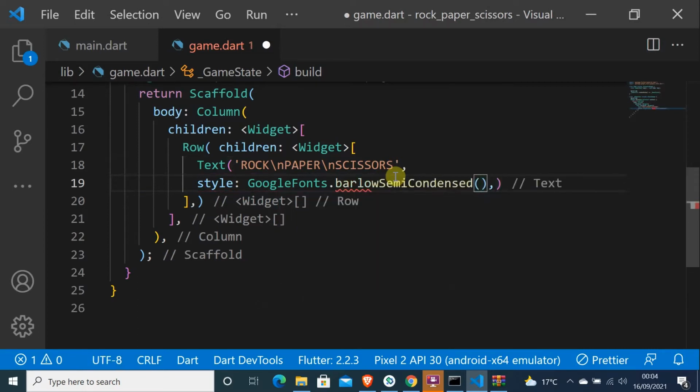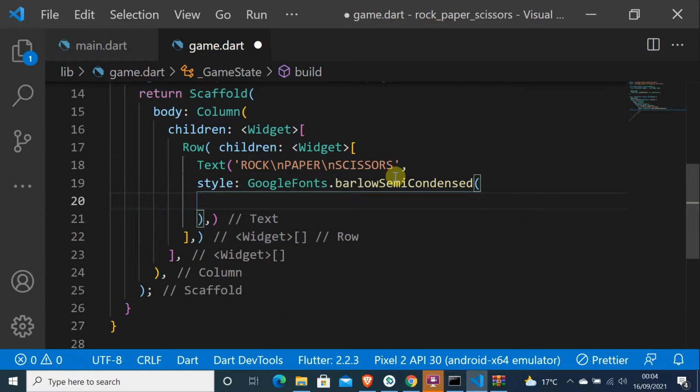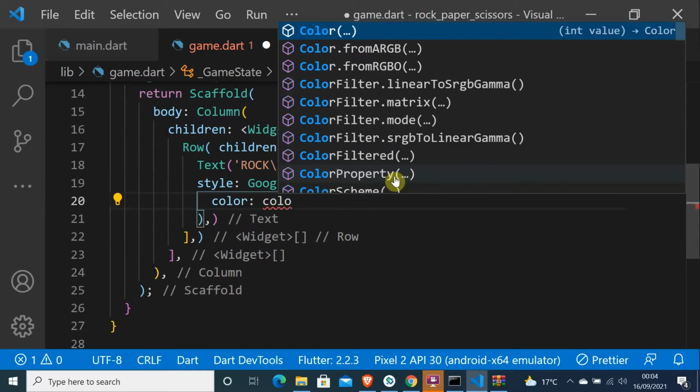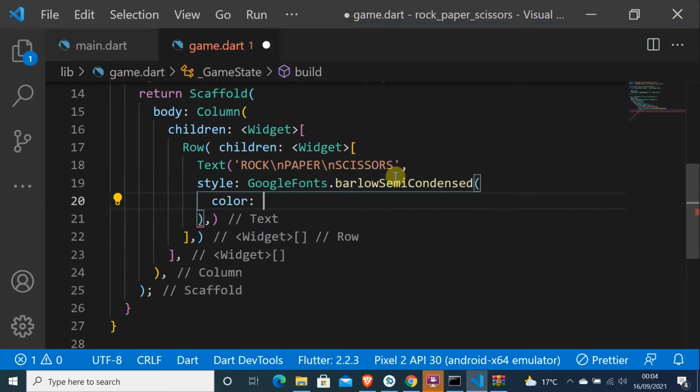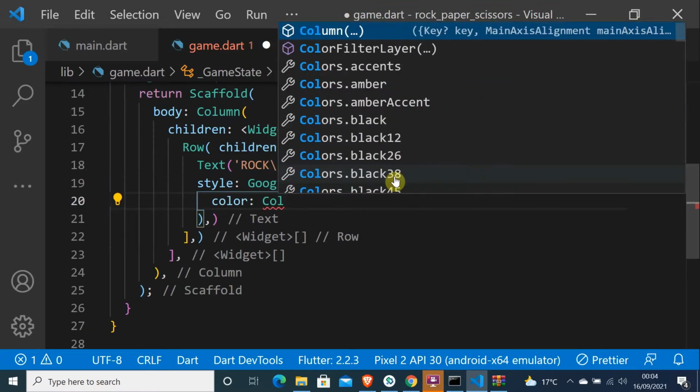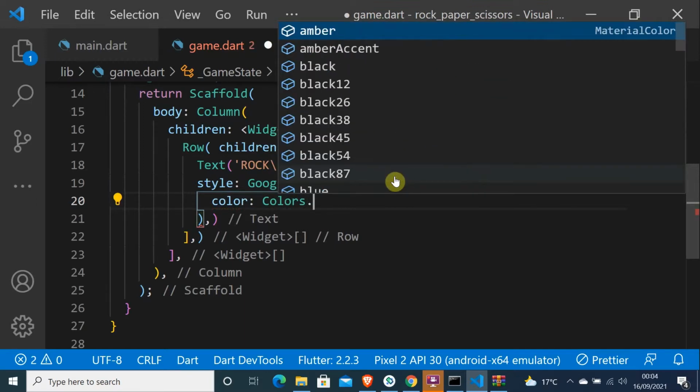I think this one, Barlow Semi Condensed, and then let me just put the color, have to be white. Colors dot white,